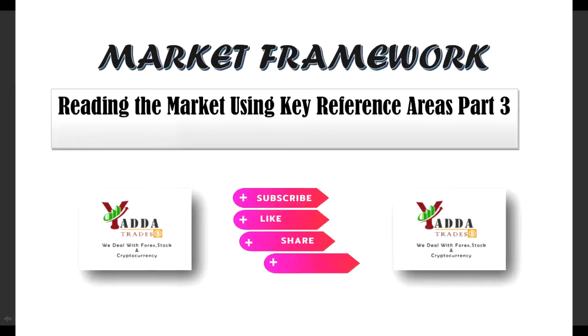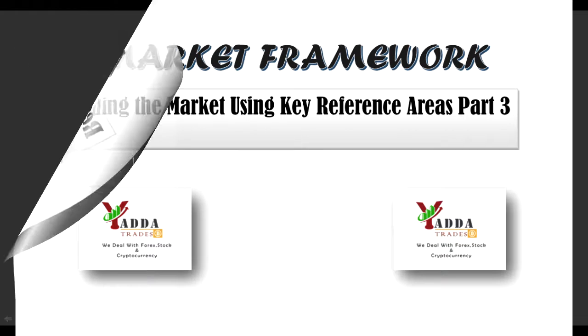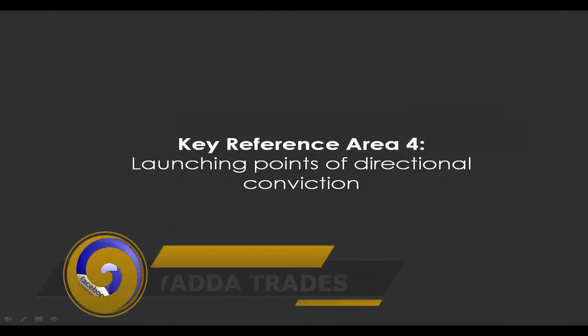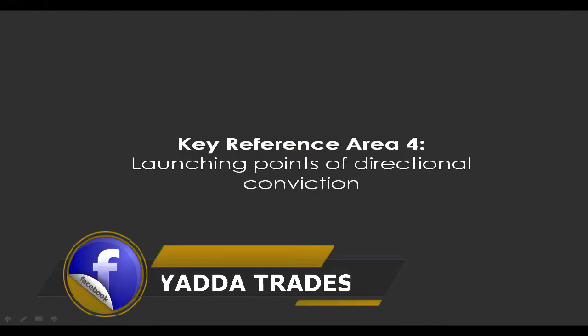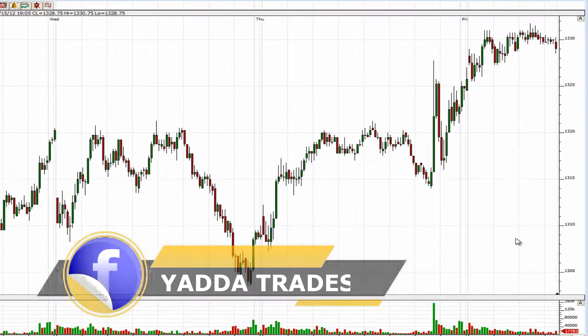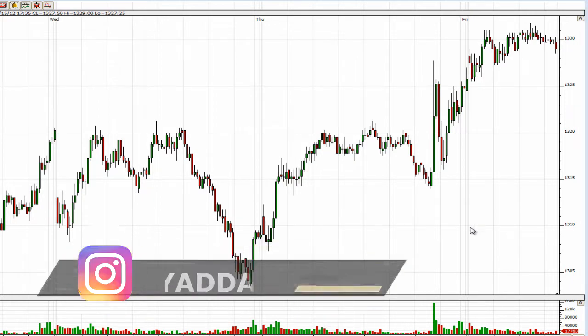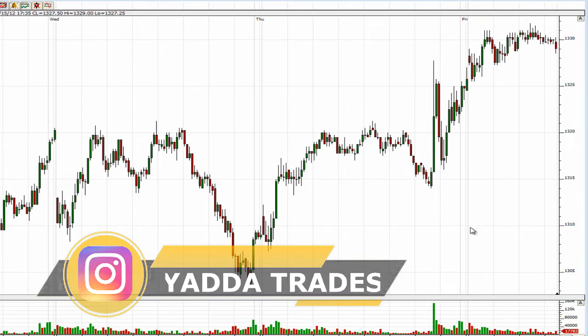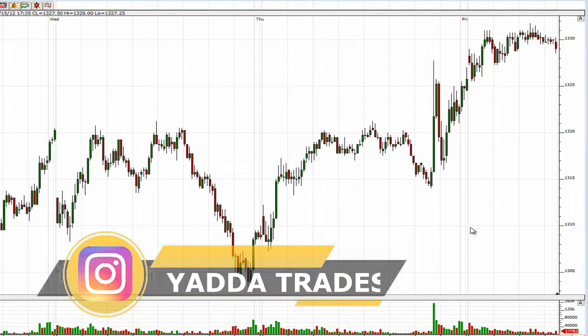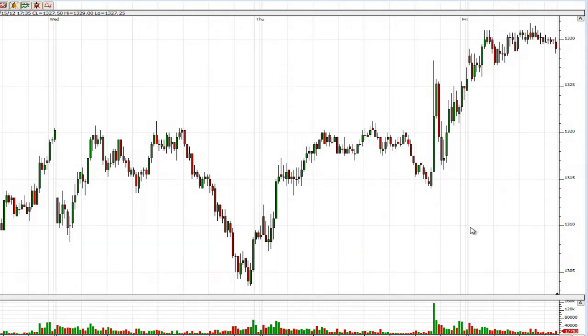And now we get to the last major key reference area, which is the launching points of directional conviction. So let's just jump right into the charts to take a look at what this means. Okay, we're back to a chart of the E-mini S&P 500 futures 5-minute chart. And previously we were talking about high volume nodes, i.e. horizontal volume. Well, now with this key reference area, we're talking about directional conviction, which is often synonymous with vertical